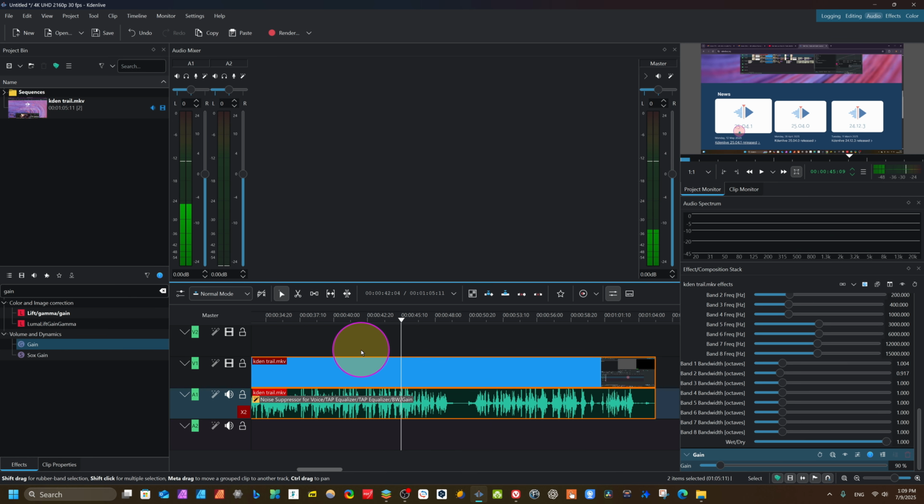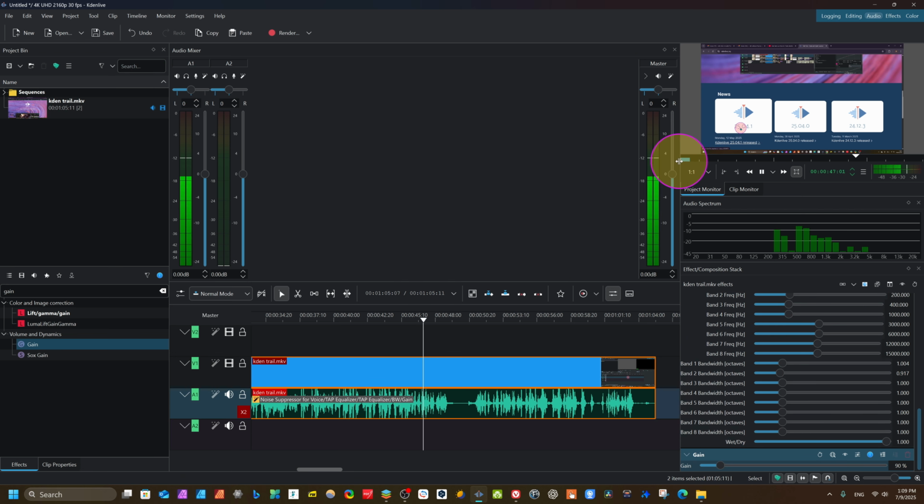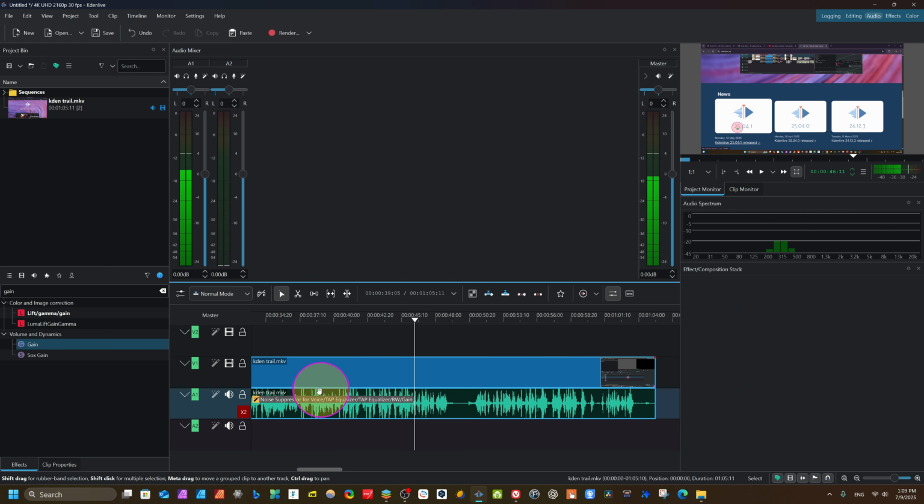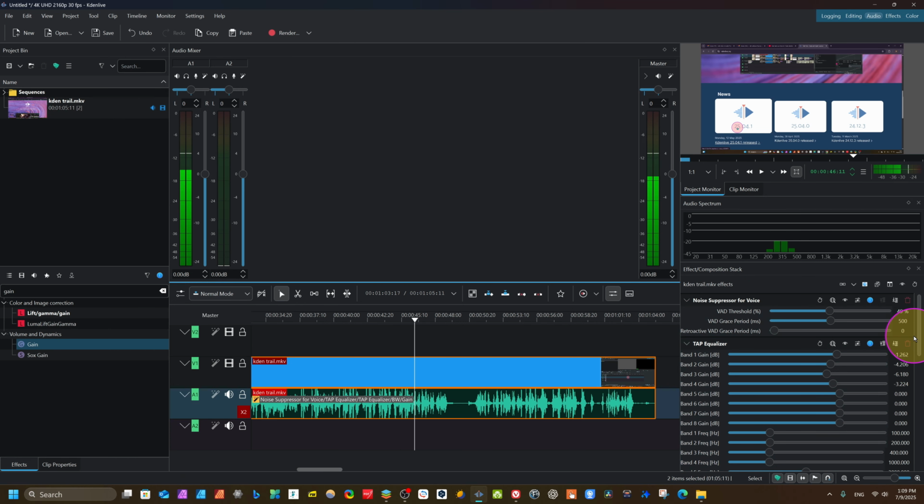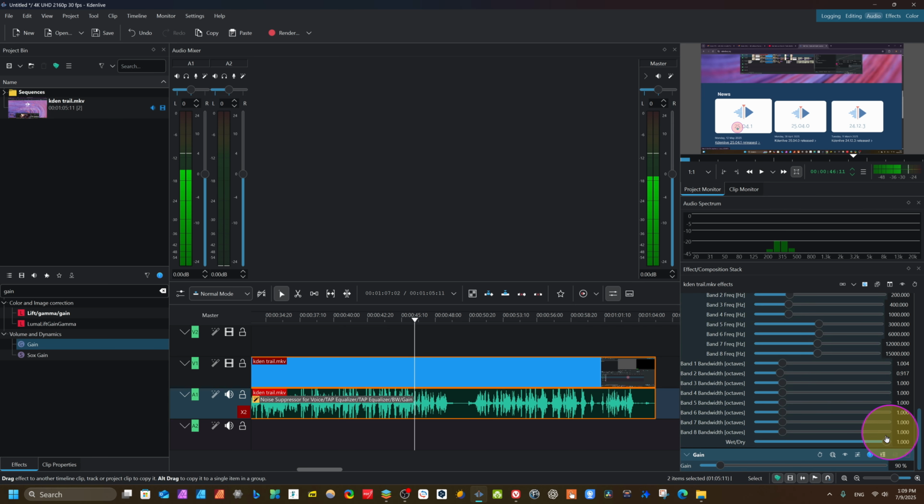When you are editing your audio, always click here on the audio panel, come here, and you can always check. From here you can change a little bit, but I don't advise you to change from here. You can come to effect and change a little bit and see the 5.0. I think it's perfect for us, so we can change from here. We can change gain, and you can make it a preset.